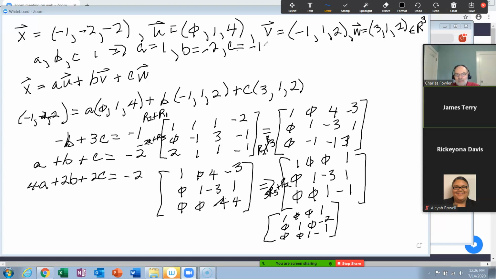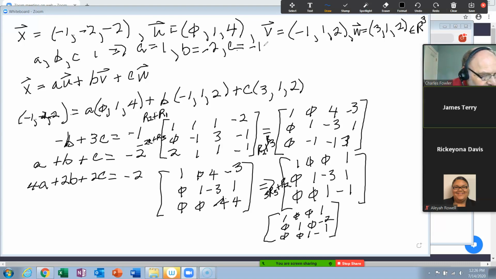And that would be 1 minus 2, which would be a minus 1. Plus 1 would be, no, minus 1 would be minus 2. That works. Okay. Then do the third one, and that would be 4 minus 4 is 0. Minus 2 is minus 2. Yep, that works. There are A, B, and C.